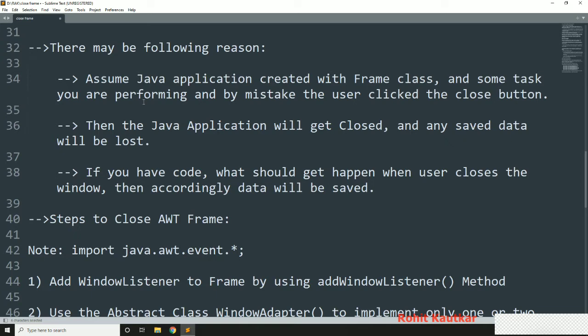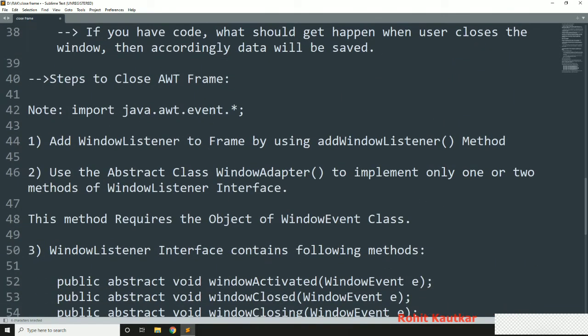Now let's try to understand what steps we need to follow in order to close the AWT frame with the close button. First of all we need to import the java.awt.event package. This package consists of all classes that are useful for handling events.